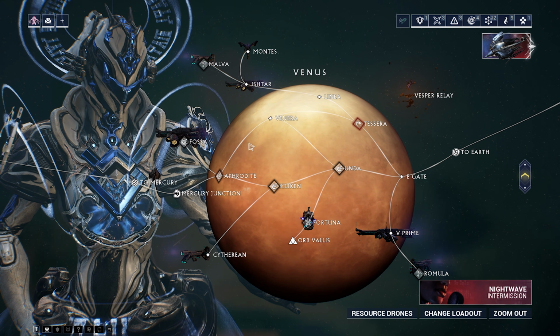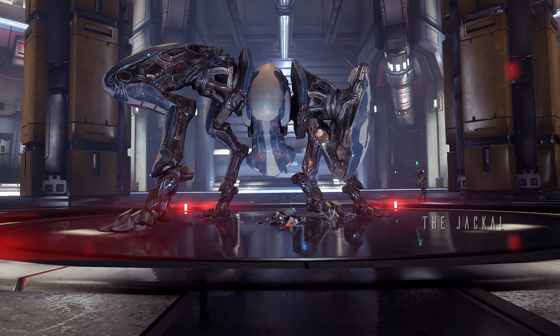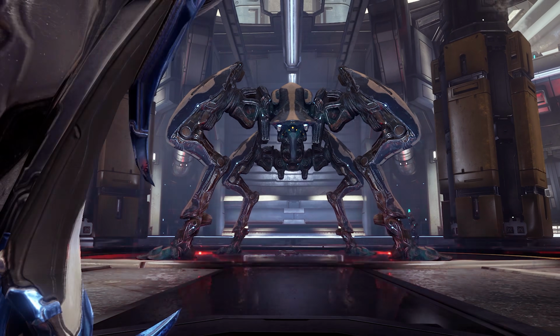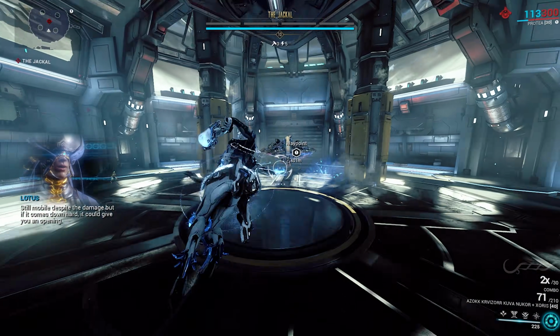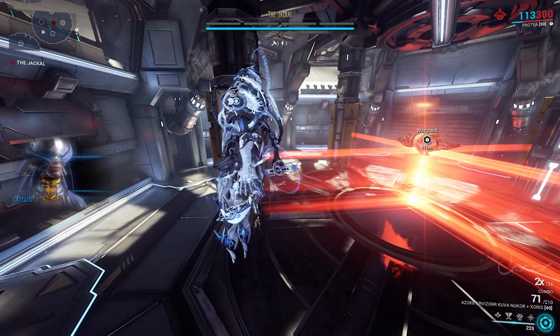So to get the Stropha blueprint, what we have to do is kill the Jackal boss located on Fossa on Venus. So this is where you would normally farm Rhino. They reworked this boss at a point and they added in the Stropha blueprint in here. So you just got to keep on running this over and over and over again. And that's great because this is a Corpus ship tile set, and the Corpus ship tile set plays a huge